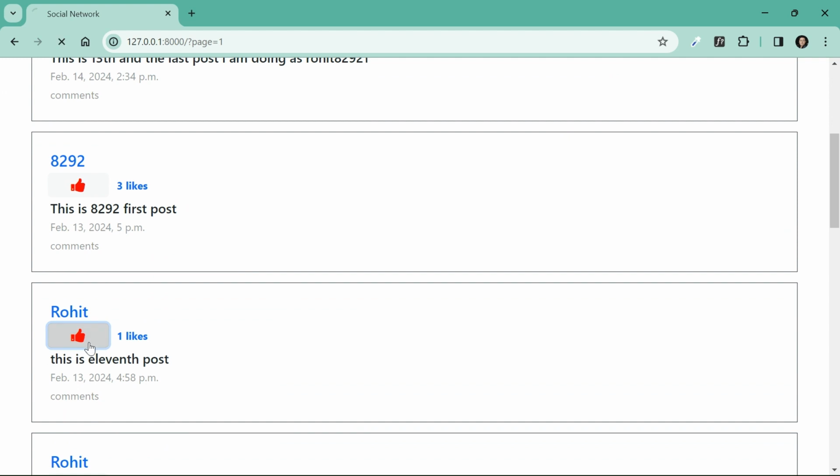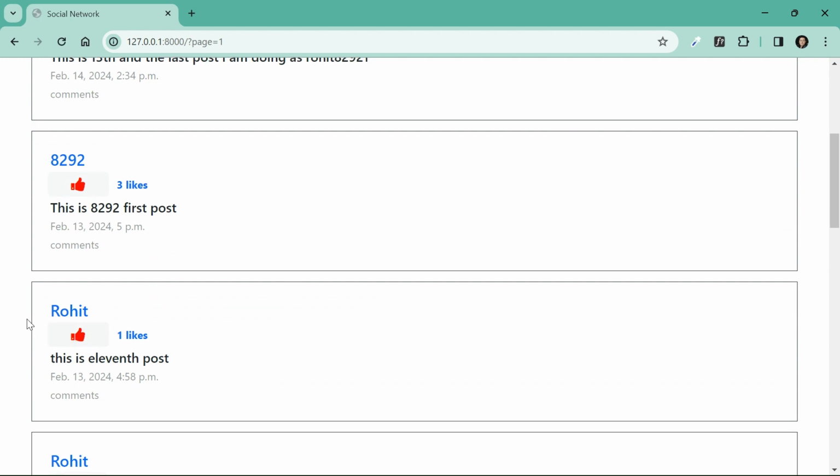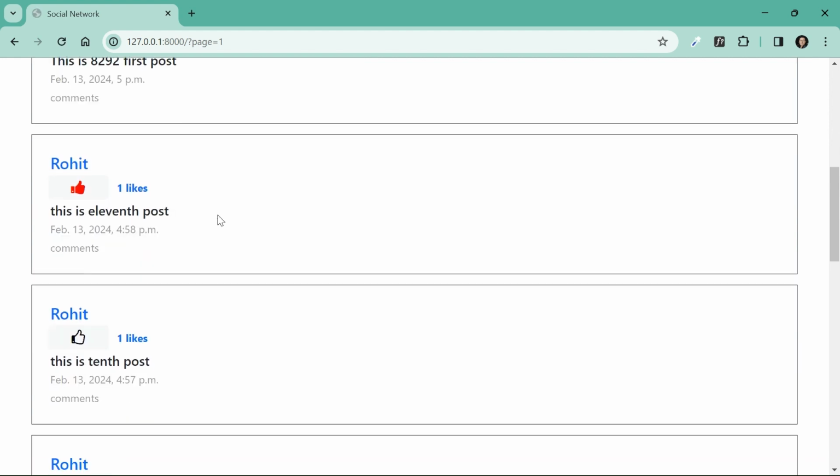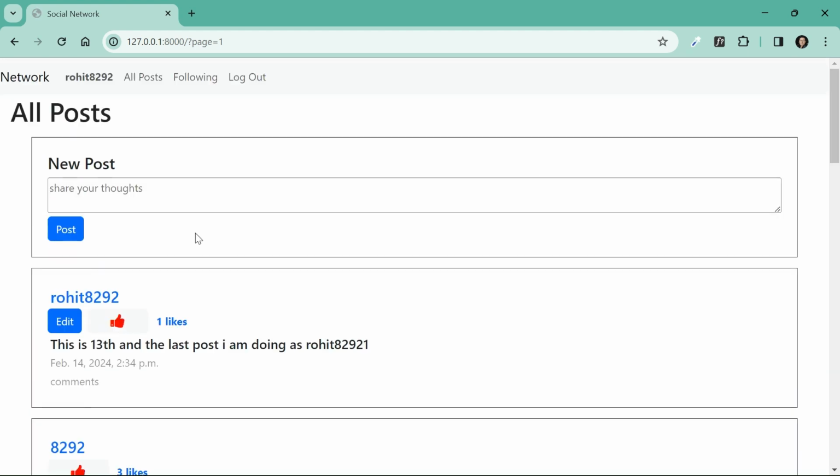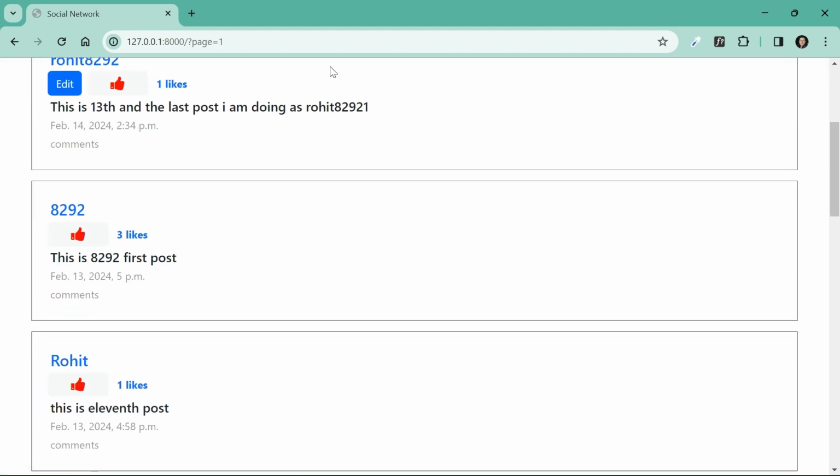Last but not least, the like and unlike feature. Users can toggle whether they like a post or unlike the post, and the like count updates dynamically without a full page reload. And that's it. The CS50 Web Project 4 network offers a range of features for users to interact